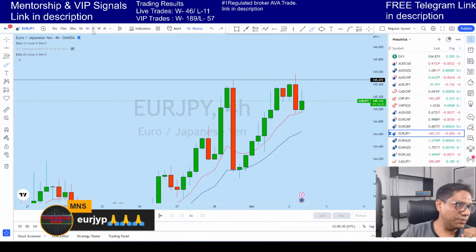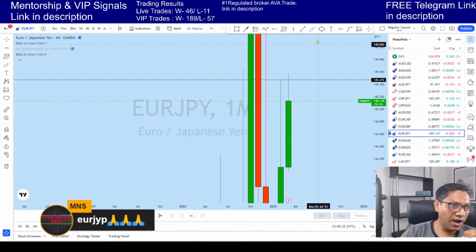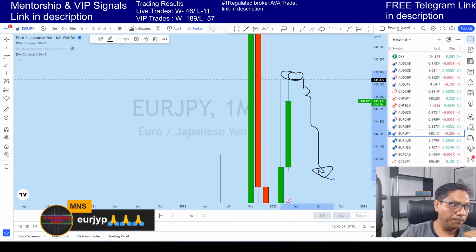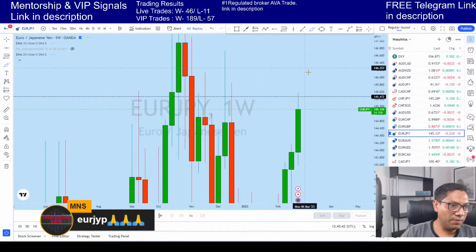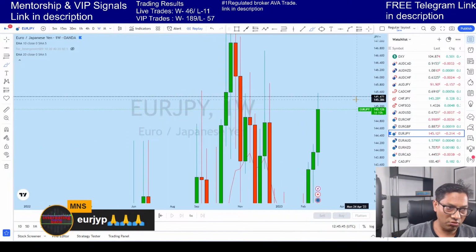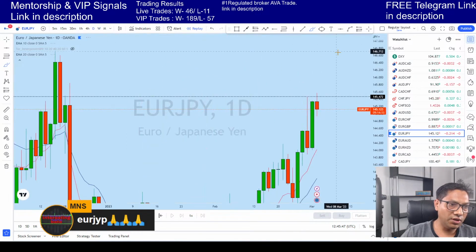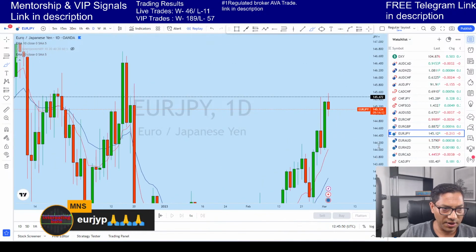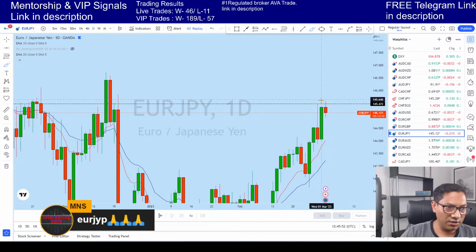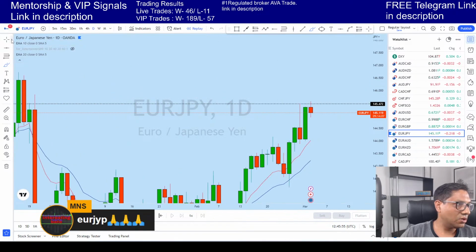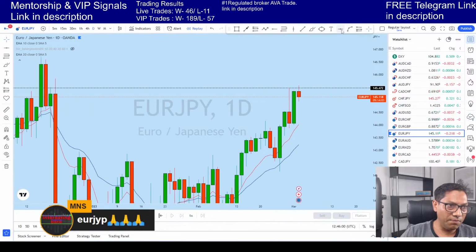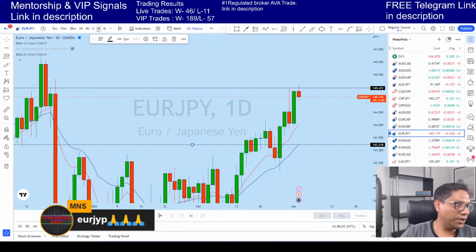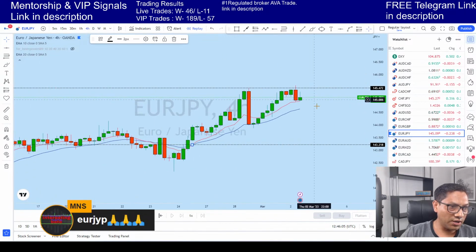But what it did is, after breaking the monthly high, EJ rejected. It happens especially when it breaks the monthly high, when the market reverts or rejects, and we can't do anything about it. It's just a pure liquidity grab, and because it gathered liquidity from this resistance, we might see this market come back even to this daily 20 EMA or even lower than this. So let's look at how it does.